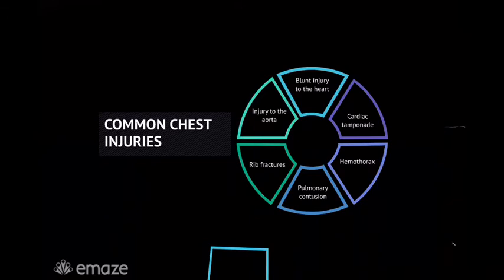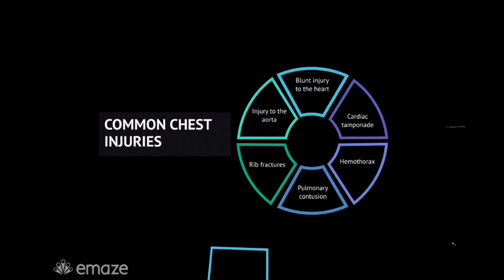Common chest injuries. There are many examples, like blunt injury. Blunt injury of the heart is a blow to the chest that bruises the heart muscles, tears the heart's wall, or damages a heart valve. Cardiac tamponade, which is pressure on the heart caused by accumulation of blood around it. Hemothorax, which is blood between the lung and chest wall. Pulmonary contusion. Pulmonary contusion is bruising of the lung